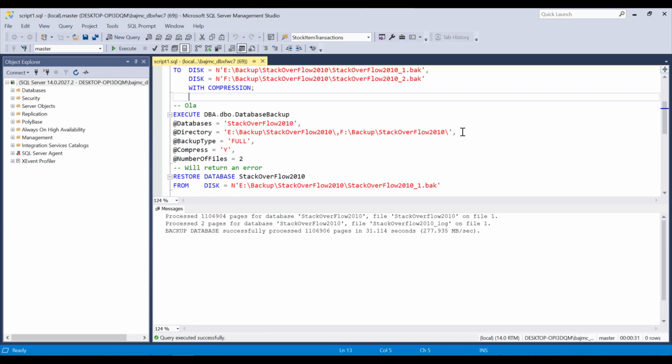I'm putting in two different locations here, that's why it knows it's going to stripe it. I want a full backup, which is compressed, and I want it to be 2 files. So these things here, the number of files equals 2, and the directory, where we're actually putting in 2 different locations, is what will make this striped backup. And if we run this through here,